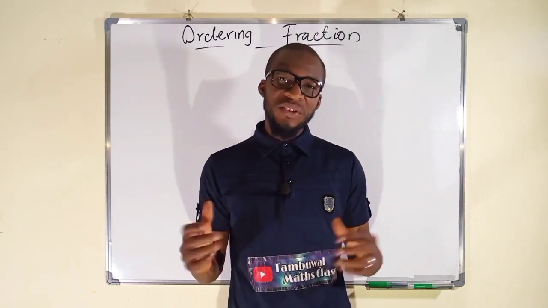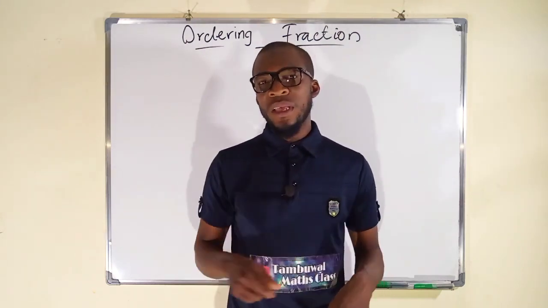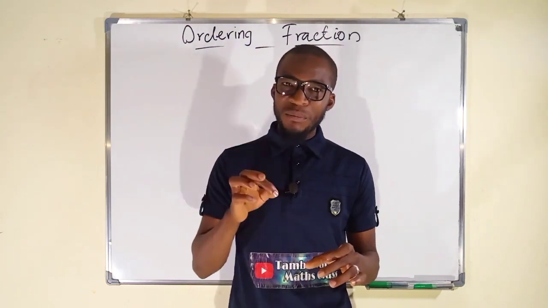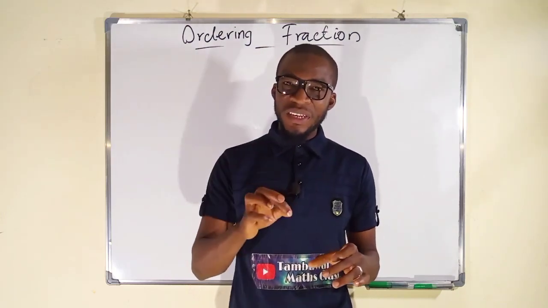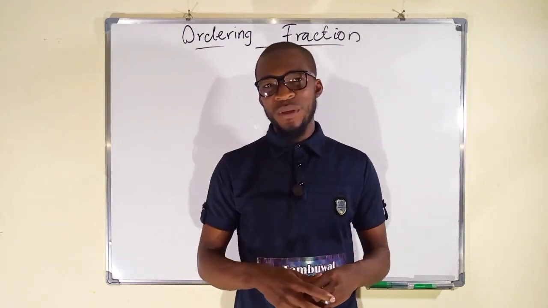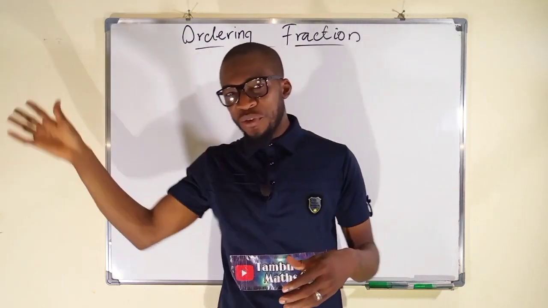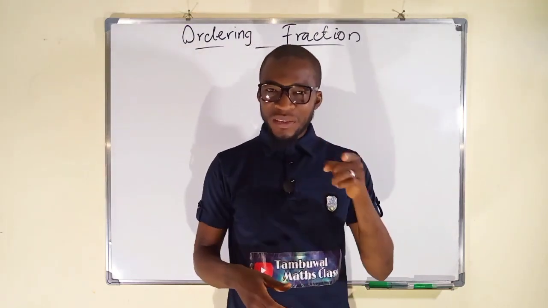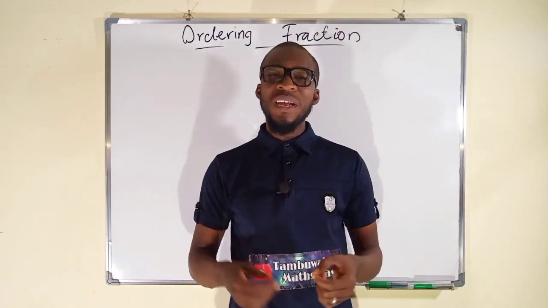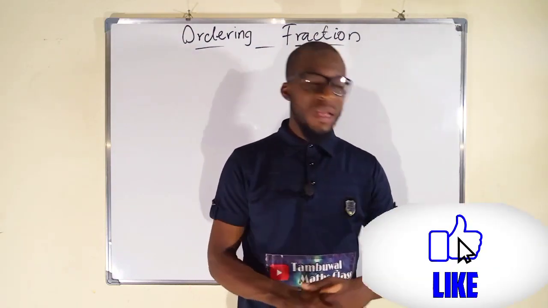If two or more fractions have the same denominator, the biggest fraction among them is the fraction that has the highest numerator. And when they have the same numerators, the biggest among them is the one that has the least denominator. Example,